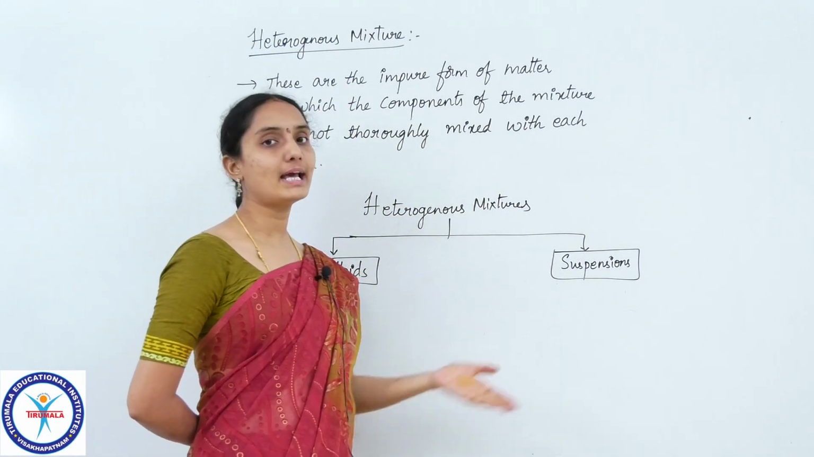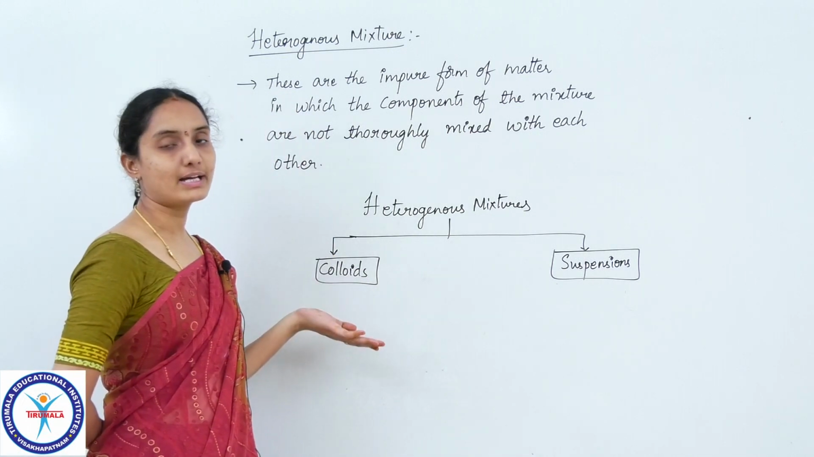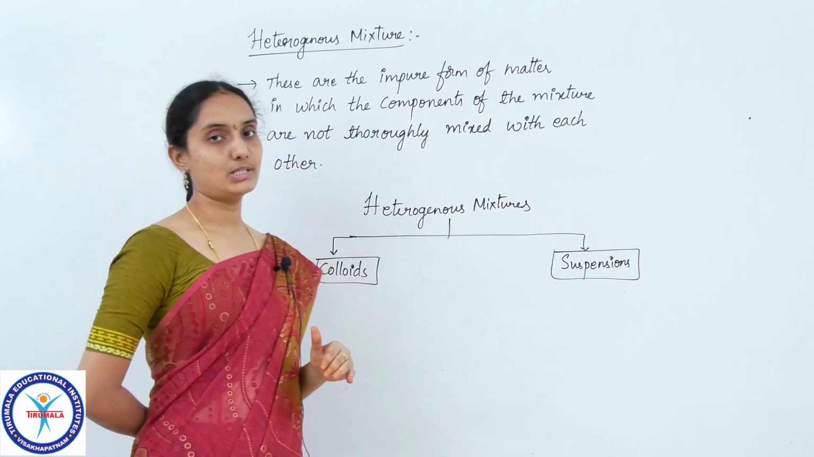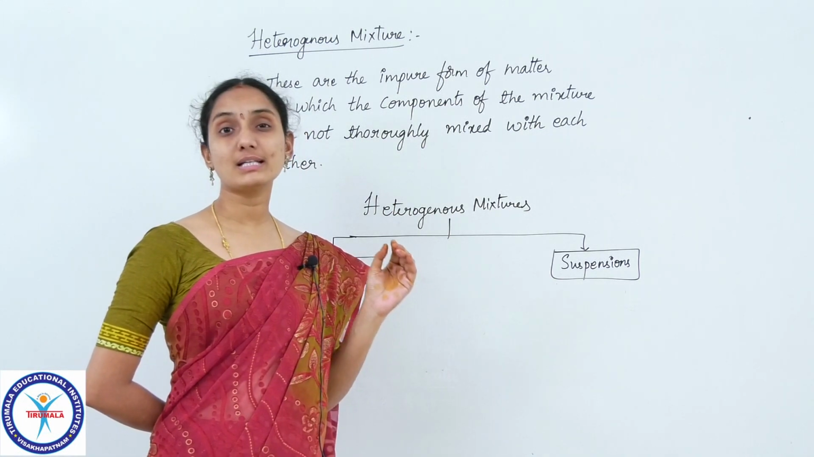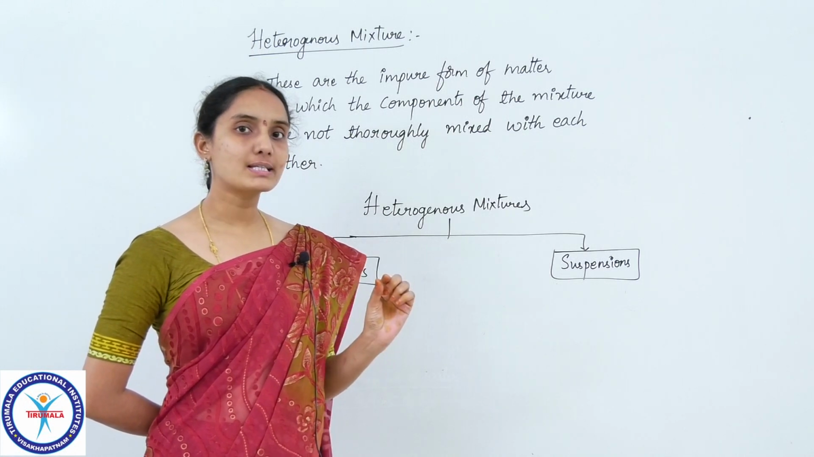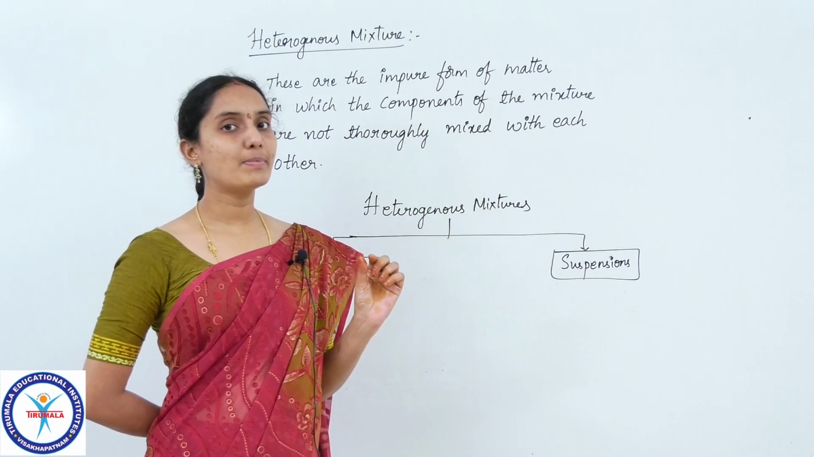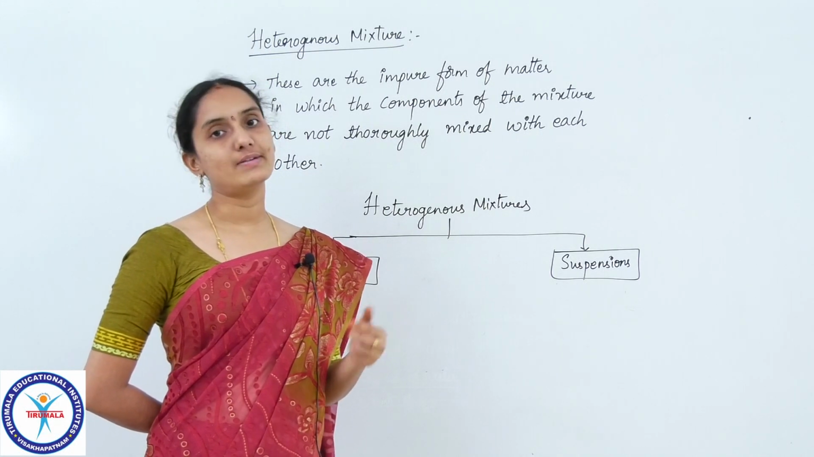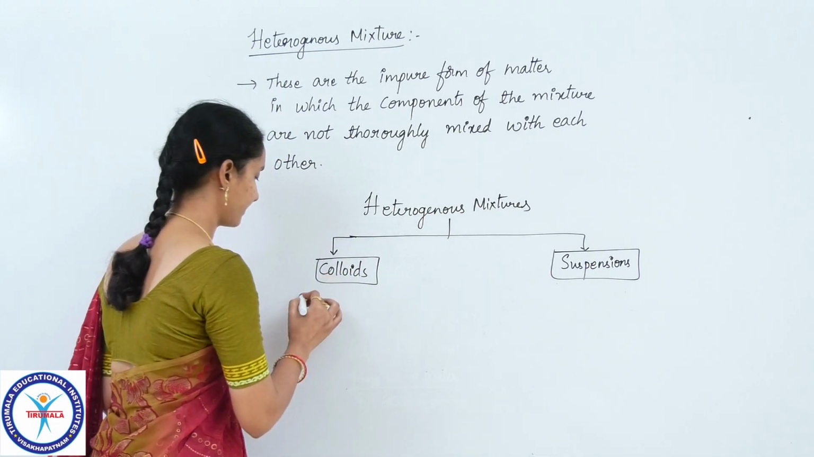So that can be easily identified with our naked eyes, whereas colloids, for our naked eyes, seem to be homogeneous, but they are actually heterogeneous. This homogeneous nature is observed due to the smallest size of the colloidal particles, which is unable to be observed by our naked eyes. So colloids,